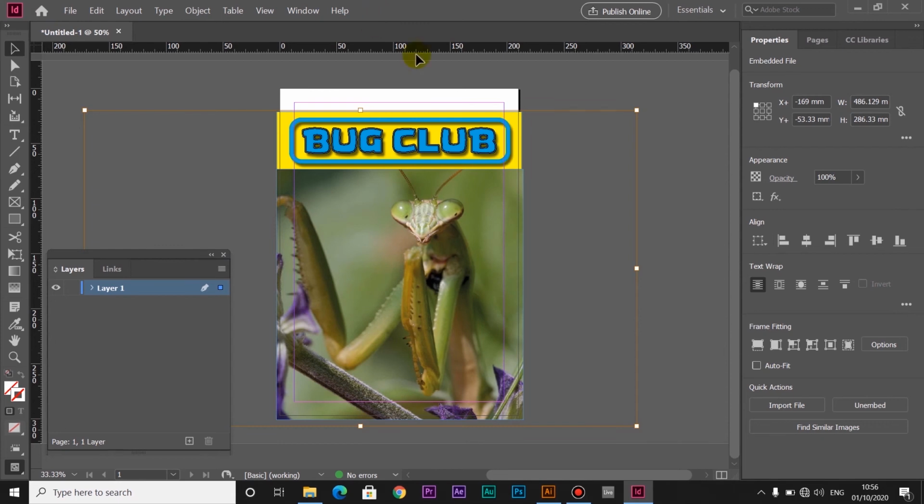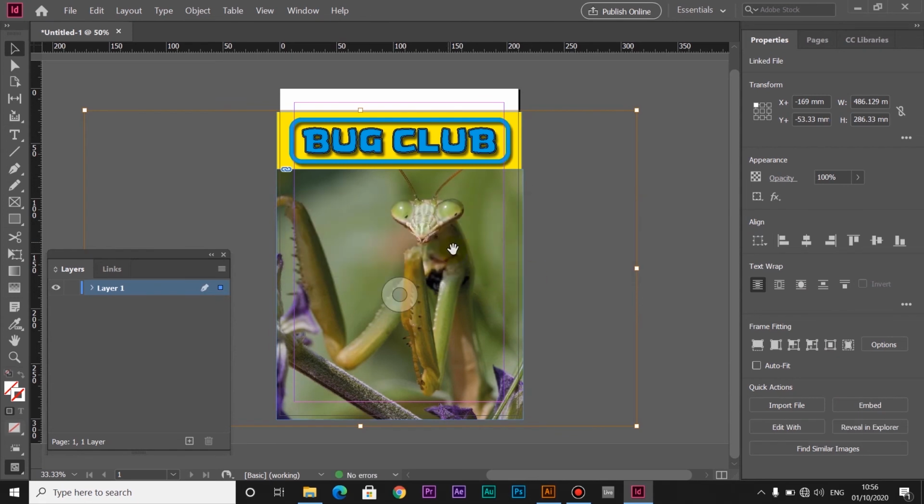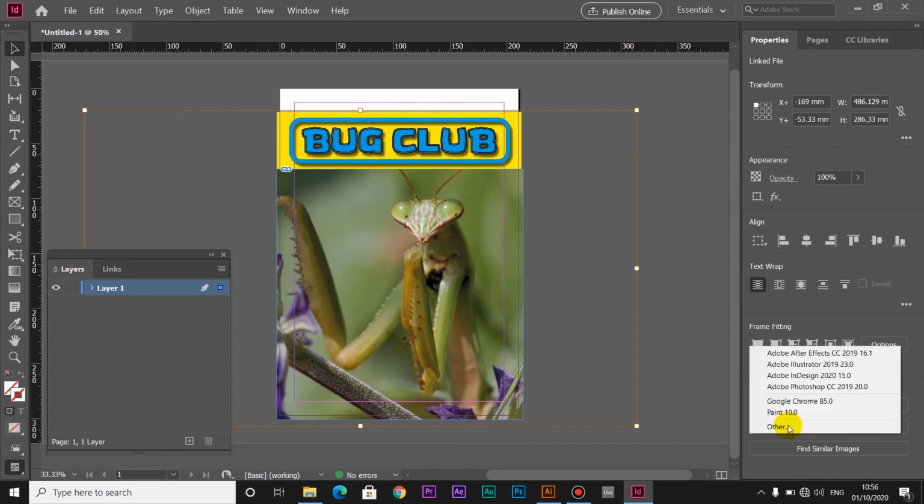However, if you unembed the image, so I'm unembedding now, it can link the original file. You click yes. Okay, so I've unembedded it now. With that image selected, I can go to edit it. Now, in InDesign, you can't really do much to images. There's no effects, not like there is in Photoshop. So what I can do, if I have this image selected, is go to edit with, and then I select Photoshop,